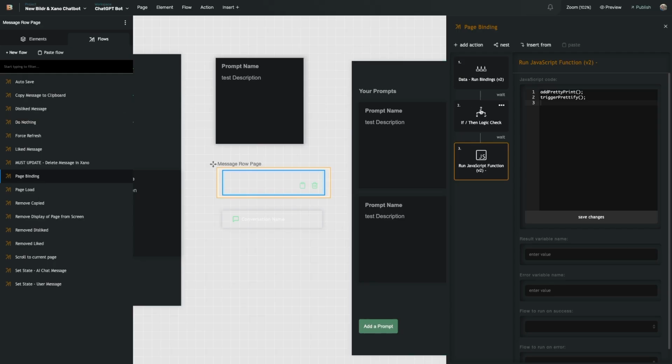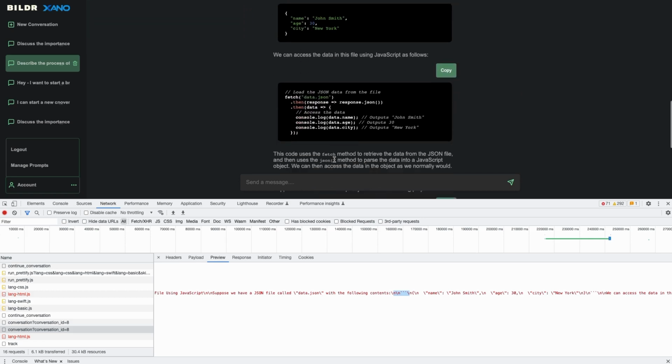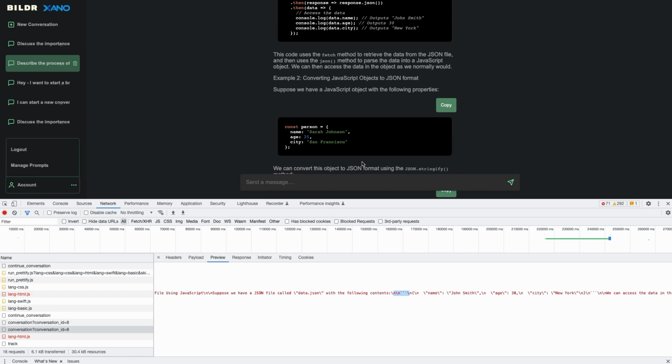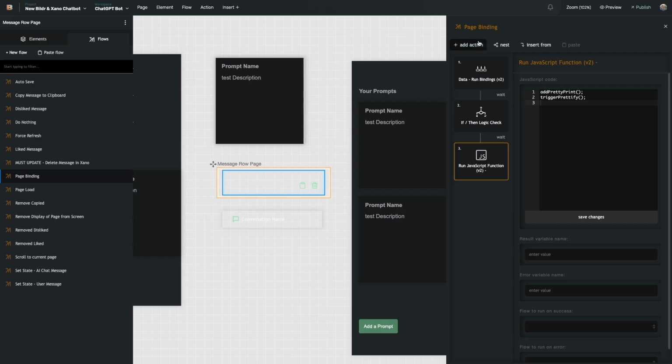And so what I've done is when I load this page, I want to make sure that I'm looking for blocks that look like code, and then I'm making it look the way I want it to. That's what these 2 functions are doing. And so that's why these elements are showing up as code blocks here for me to reuse. And I can even copy this, and it'll actually copy the code for me to be able to use how I want. And so those are a couple of the unique things happening on page load when it comes to